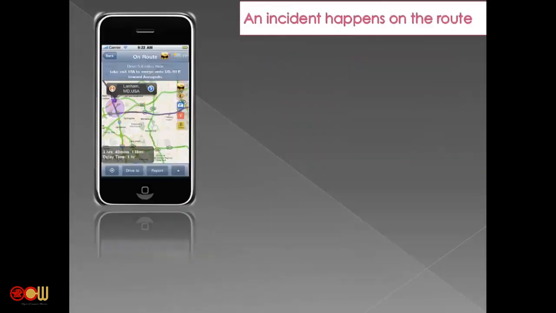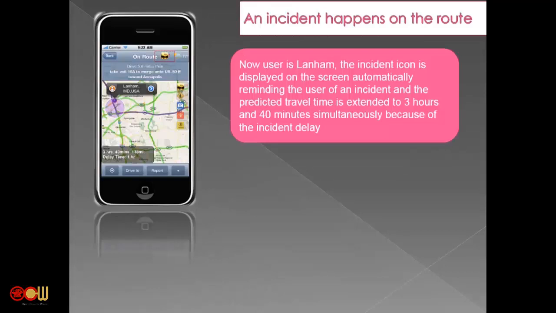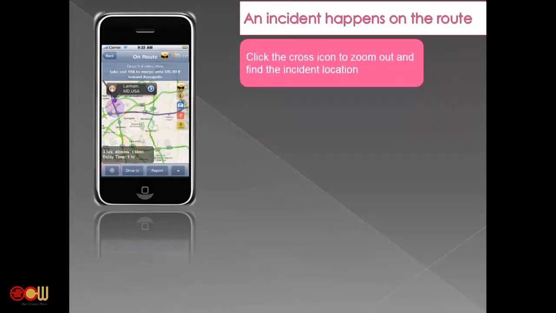Then if an incident happens again at some location, it will inform you and remind you to detour and bypass the incident location. The incident will pop out on the map. Google will not pop out the information to you. Google does not have that information, because that information is controlled by